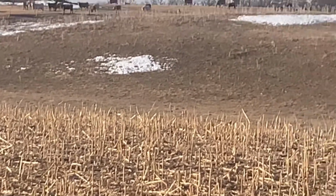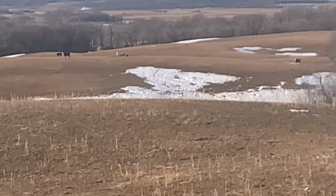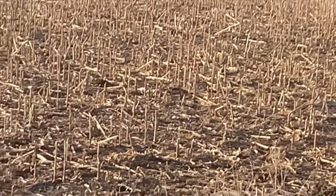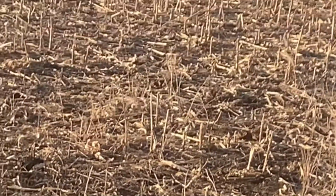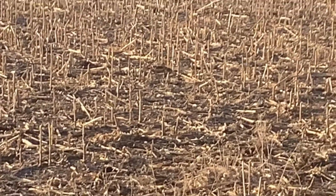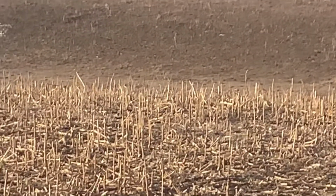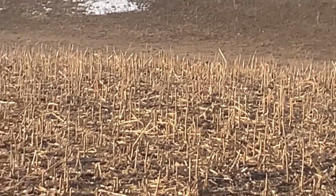So they're out there picking right now. I don't know if you can see that, they're way over yonder by the trees. I'm feeding them on this corn ground because I want to make sure that the manure stays out here, because then that's just nitrogen I don't have to spend. I can get away with spending a lot less nitrogen. They're just kind of grazing or picking. There must be some picking out there, otherwise they wouldn't be out there. So anyways,